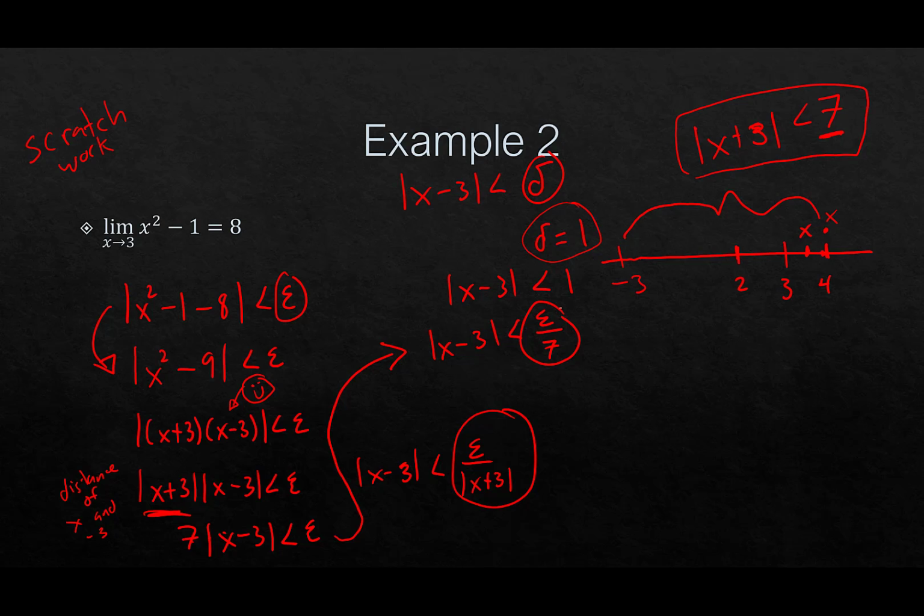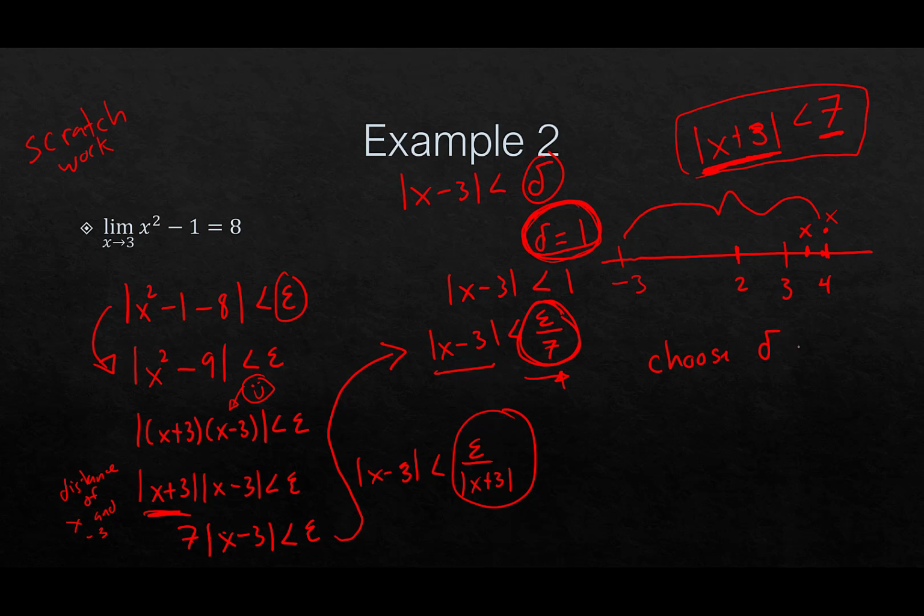So now we've isolated our |x - 3|, and we got it less than something that doesn't have any x's in it, and only has epsilons. Now we come up with a little conundrum, though. So we supposed here that delta was 1, and here we have another candidate for delta, epsilon over 7. Now to ensure that everything goes to plan, that the absolute value of x minus 3 is less than epsilon over 7, and to ensure that the distance between x and negative 3 is less than 7, we're going to choose delta not to be 1 or epsilon over 7.